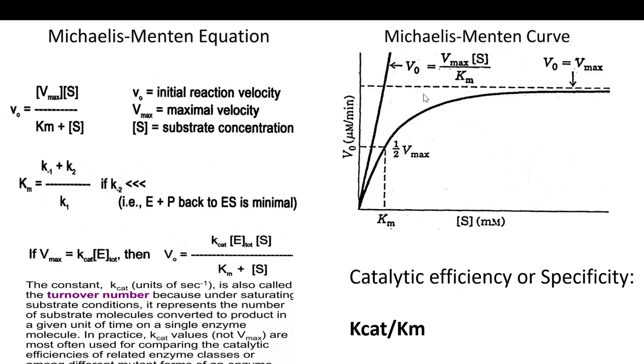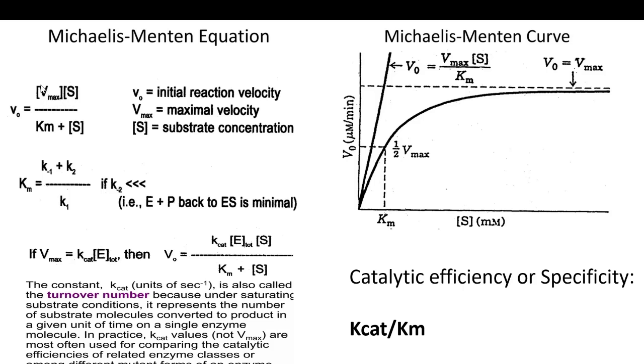But when it reaches saturation in the later phase, the rate or velocity is no longer dependent on the substrate, and this follows zero order kinetics. Now, the Michaelis-Menten equation is V naught equal to Vmax